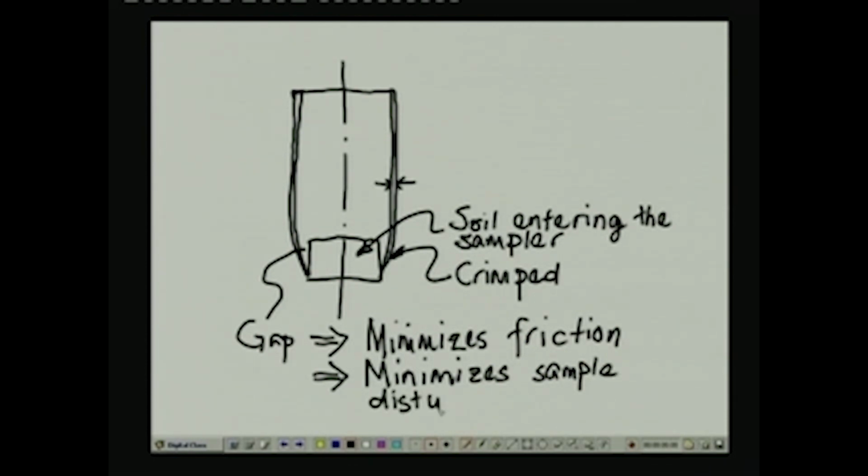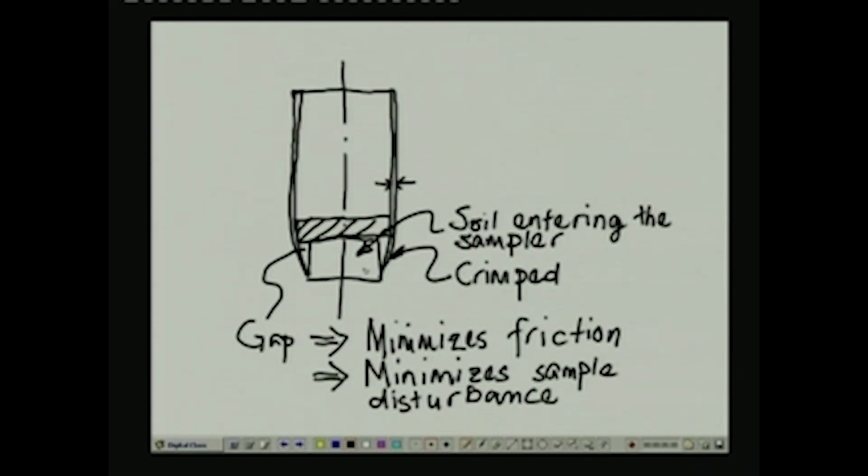So, that is how disturbance is minimized, by having a thin walled sampler and also by having a little bit of inner clearance. Then the second thing that is important is to have a piston